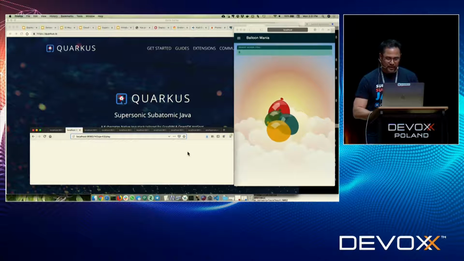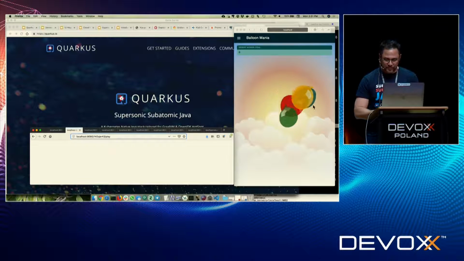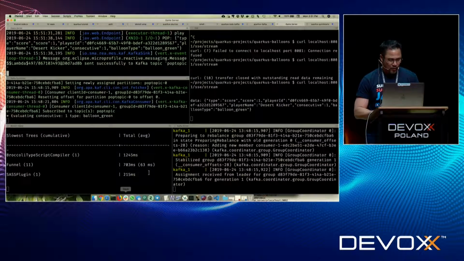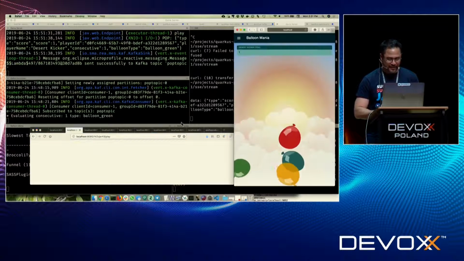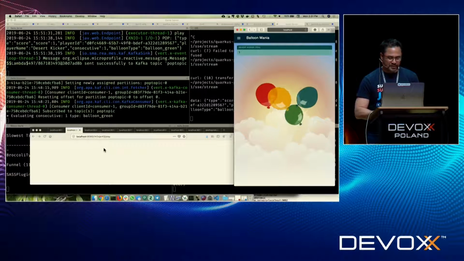Okay, so basically it's like a Fruit Ninja style game, and the point is you pop these balloons, like, let me hit one here, boom, right, hit the balloons, and if I open this up here in the background, you can kind of see what I have running here. Okay, so this is actually very complicated. I basically have the game engine itself running in this top window, and that's what these endpoints are interacting with.